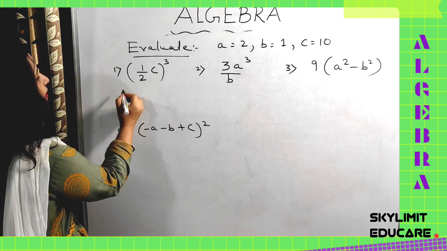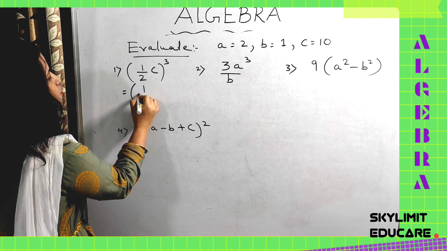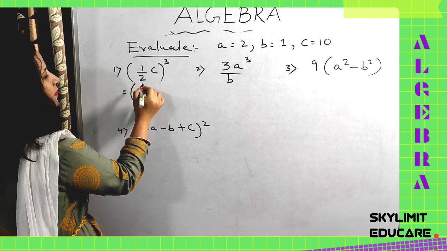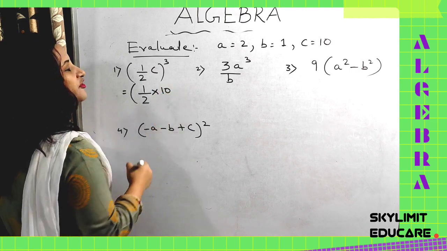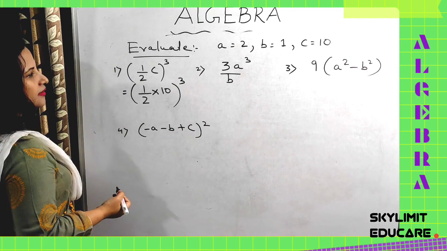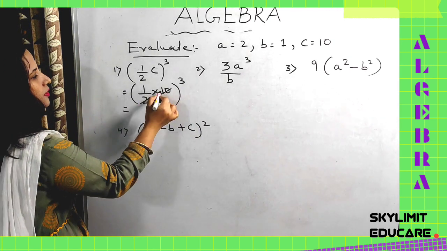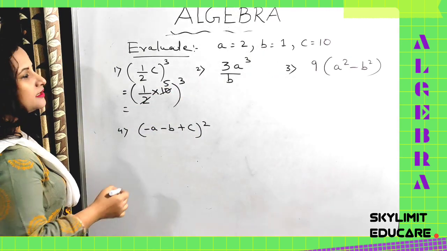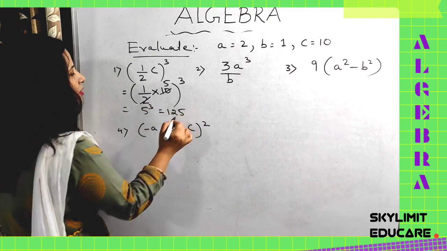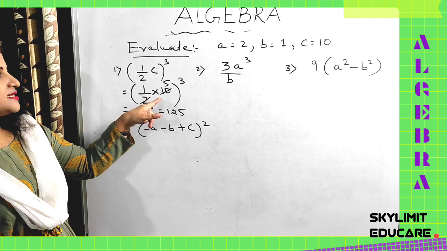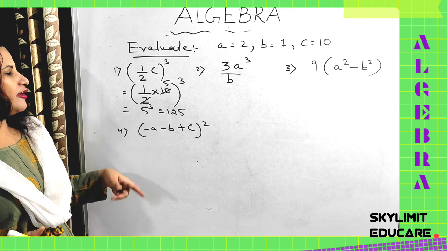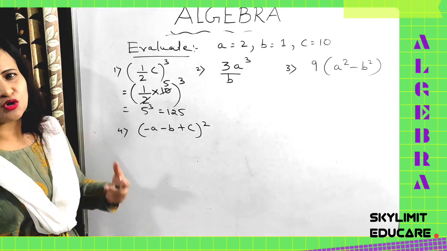So let us solve the first one here. You have 1 by 2, which is a constant. What is the value of C here? It's 10. So 1 by 2 is multiplied to 10, obviously. Then you have to the power of 3. Easily you can cancel it. So how much did you get here? 5 cube. That is equal to how much? 125. First solve what is inside the bracket. So 5 to the power of 3, 5 cube, is 5 multiplied by 5 multiplied by 5, that is 125. So all are interrelated, you can see.